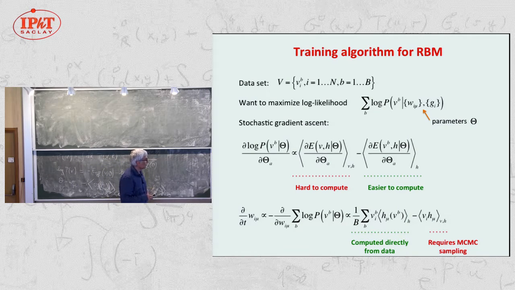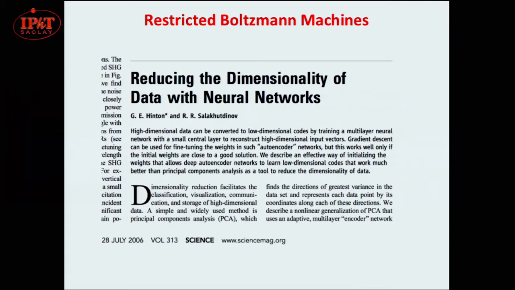So this algorithm is called contrastive divergence. It was introduced by Hinton and collaborators some years ago, but it's an extension of Boltzmann machine learning, which dates back to the 80s. Okay, so as I said, these machines were introduced in the 80s, and nobody did anything with them for a long time. And then the situation changed about 10 years ago, a bit more than that, with this paper by